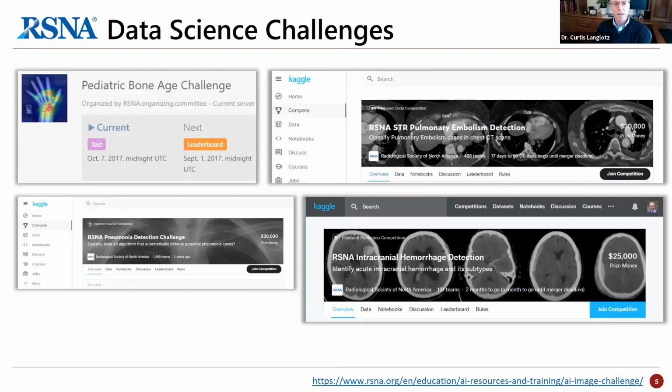And the RSNA has led a series of annual data science challenges, starting with bone age 4 years ago, then a pneumonia detection challenge, followed by last year, an intracranial hemorrhage detection challenge. And just to give you an idea of the engagement, this data set was over 27,000 head CTs, comprising over 1 million images from 4 sites across 3 continents. They were labeled by volunteer neuroradiologists, selecting one of 6 labels. The data set then was attacked by over 1,300 data science teams